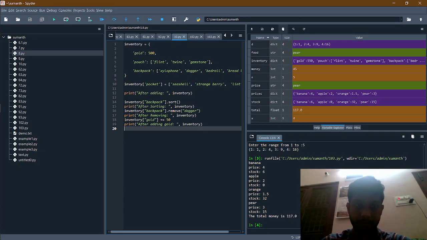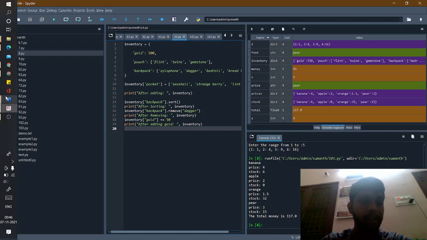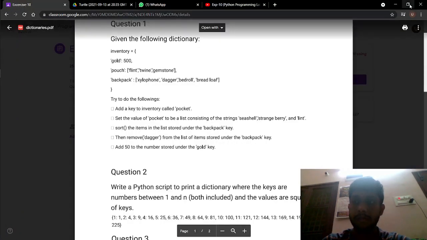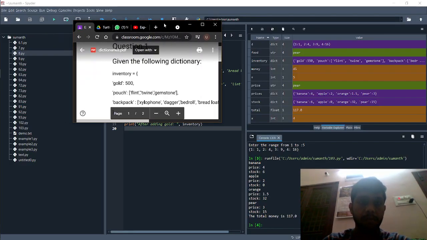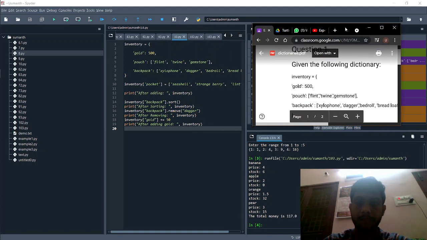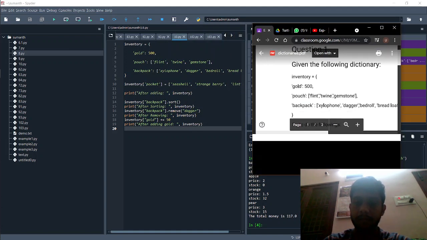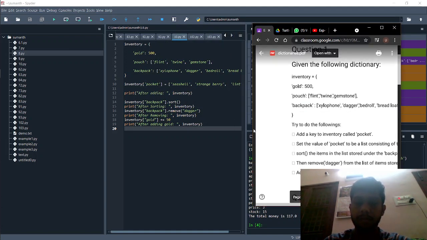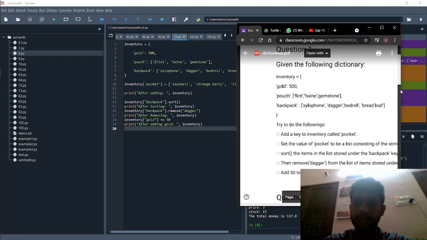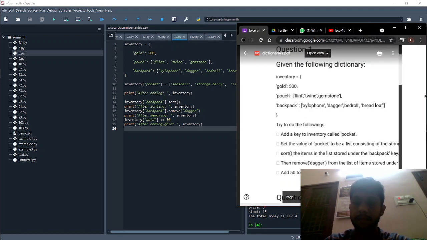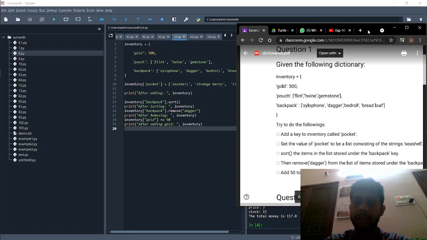So here this is the inventory. See guys, this is the inventory.